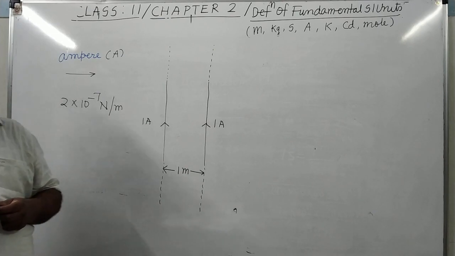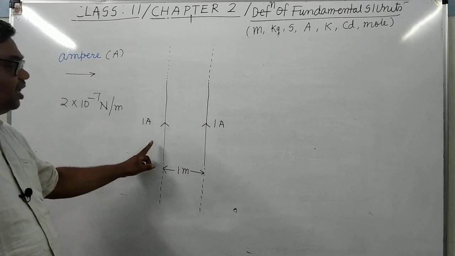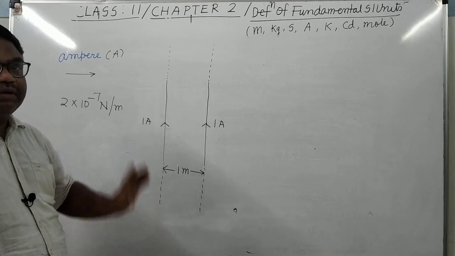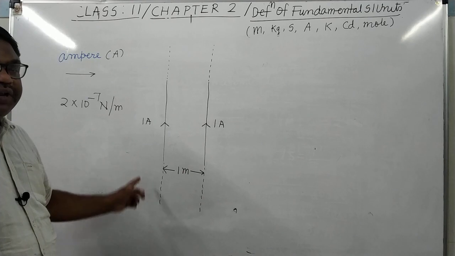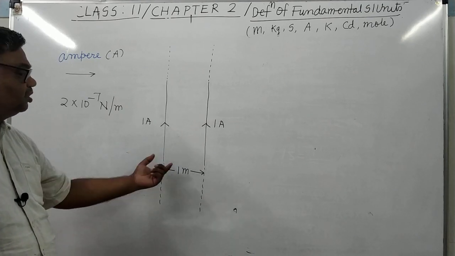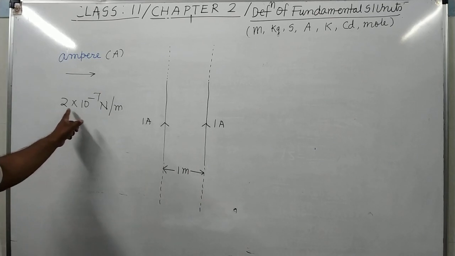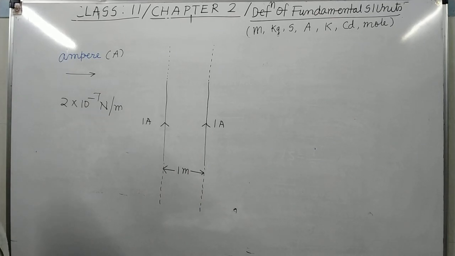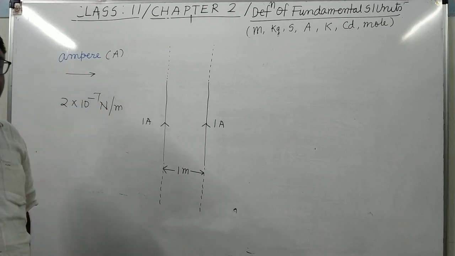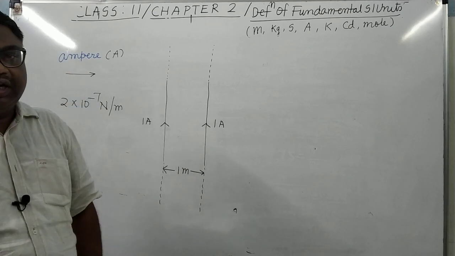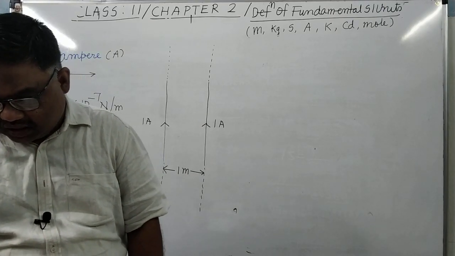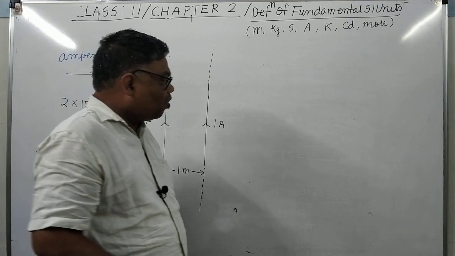What is 1 ampere? 1 ampere is that current which, when flowing through two infinitely long straight parallel conductors placed at a distance of 1 meter from each other, produces a force of 2 into 10 to the power minus 7 Newton per meter. So this is the definition of the SI unit of electric current, and this definition was given in the year 1948. Now after this